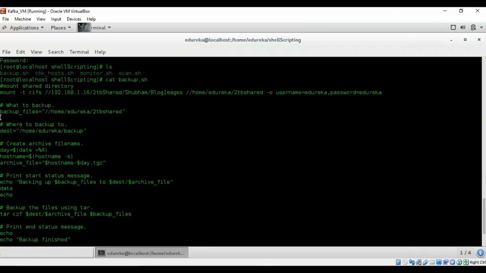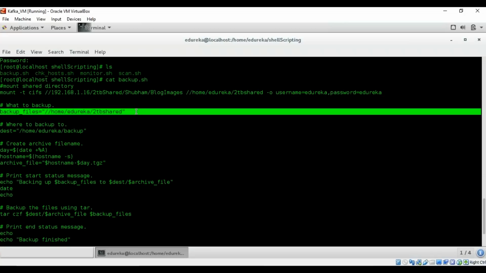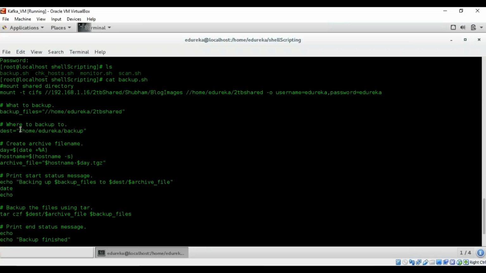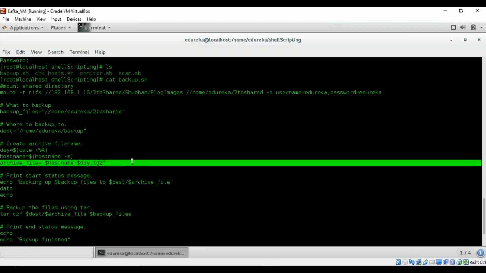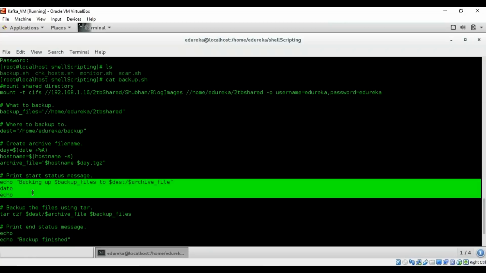-o does. So again, we've mentioned what we are going to back up. This is the file that we're going to back up, and this is our destination. Now, basically, we're going to create a backup and save it in the name of the day. So for example, today is Thursday. If I create this backup today, then it's going to be saved in a folder called Thursday. Our host name is localhost, and so our archive file is going to be localhost hyphen the name of the day, which is Thursday. .tgz is basically your tarball file extension, and then